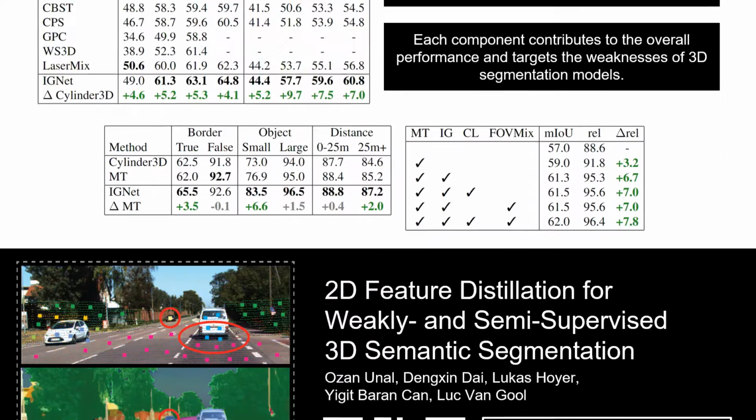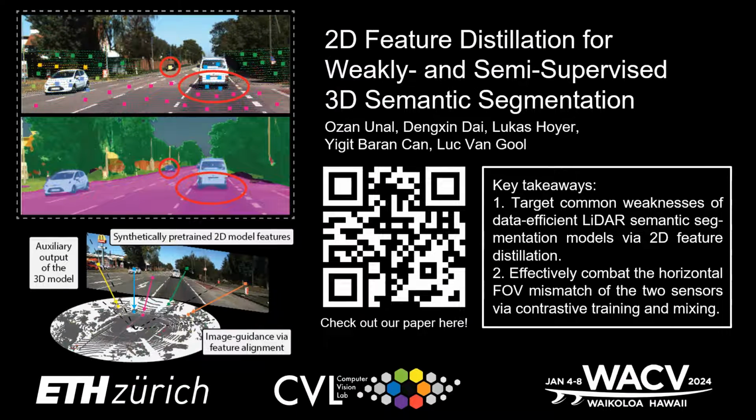To sum up, in this work, we tackle the common weaknesses of data-efficient LiDAR semantic segmentation models by leveraging rich and dense 2D image features to guide the training process. To generate such features, we use weakly supervised, domain-adaptive synthetic training to avoid introducing additional labeling requirements. Finally, we combat the horizontal field of view mismatch between the two sensors via contrastive training and data mixing to achieve state-of-the-art results on weakly and